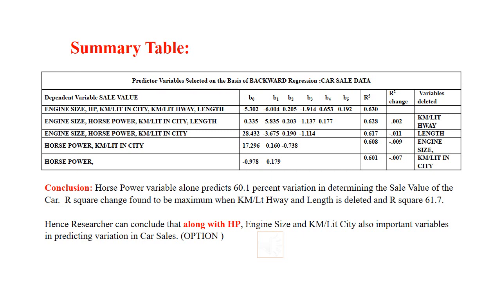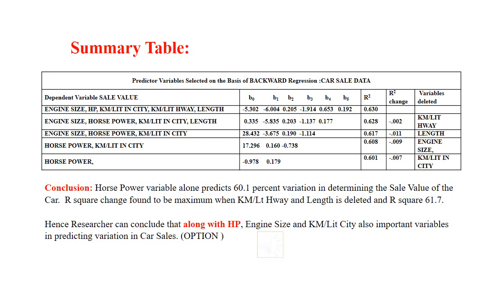Therefore, it has selected horsepower as the variable having the highest significant R square value. One of the advantages of the backward procedure is that at each step, for each variable entry, it calculates the beta coefficients, regression equation and R square, and it also identifies the variables which have been deleted, using the partial F, and excludes them from the table. That is the advantage here.